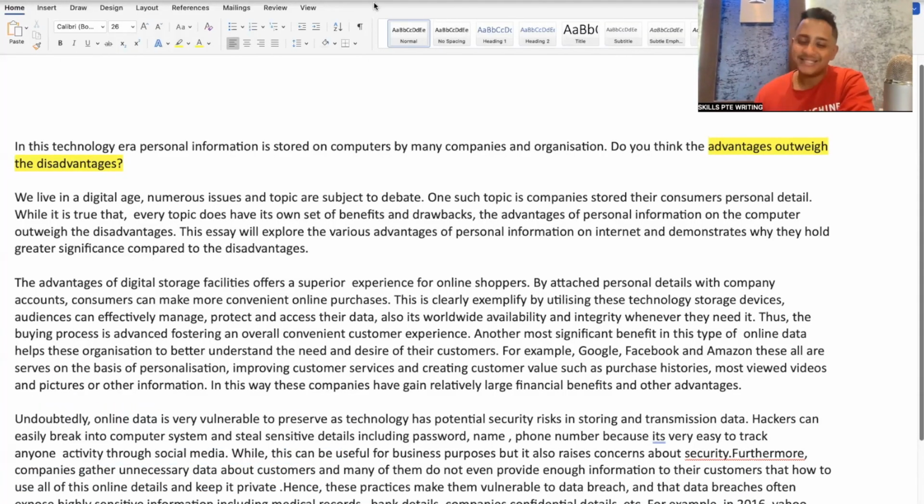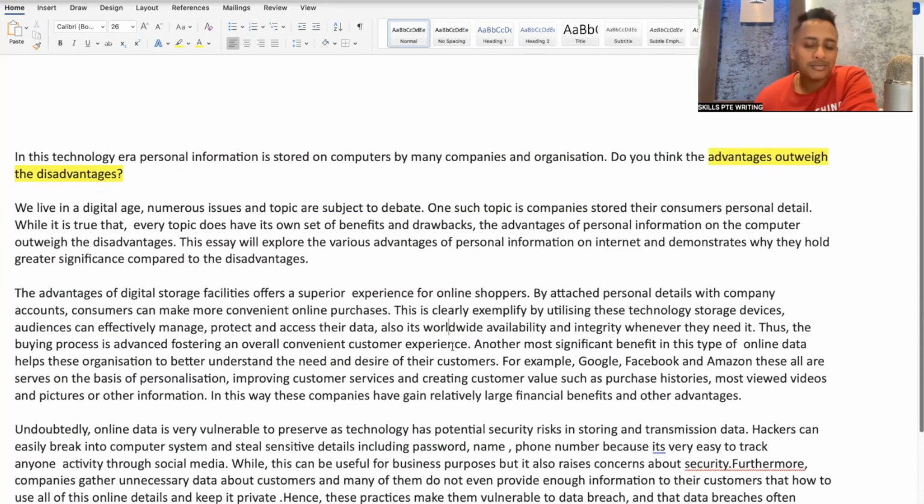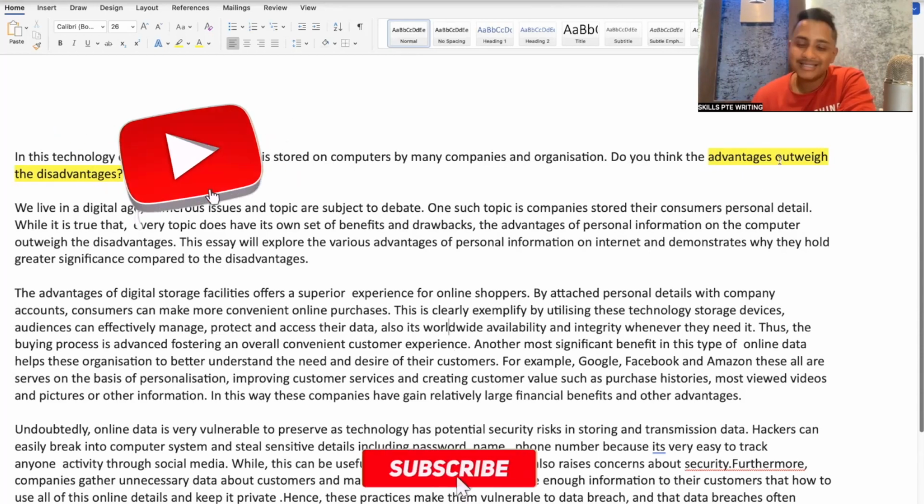All right, everyone, let's quickly start with the writing class. I've got an outweigh essay, advantage outweigh disadvantage, a sample essay written. So we'll understand in this session what mistakes the essay contains, how to overcome them, what kind of structure needs to be used, basically how to structure your essay with respect to this outweigh, disadvantage kind of